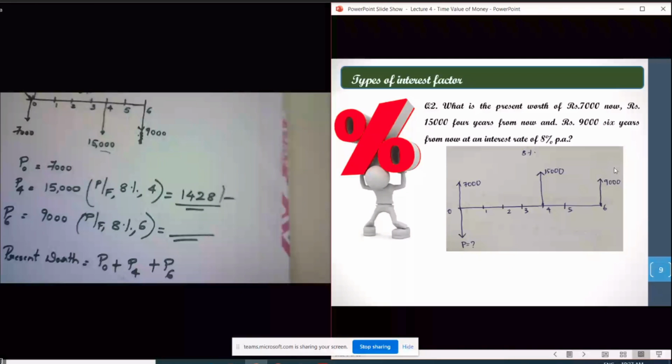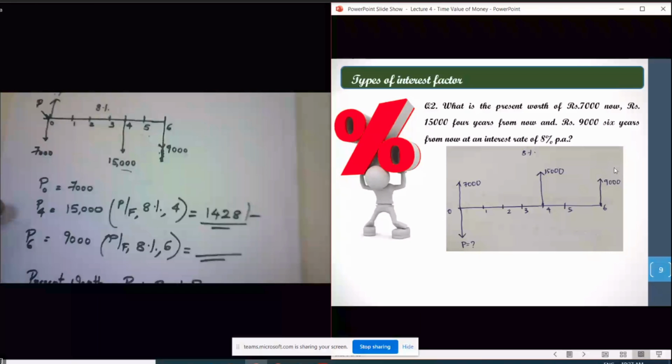So either you can go with an upward arrow or you can go with a downward arrow. But when you have both an upward arrow and a downward arrow in one cash flow diagram, that is nothing but the cost as well as the receipt, then you have to be very careful. So you're basically saying it's three separate investments in the same zeroth year. Yeah, I have drawn it as three separate investments. Here in the PPT, we have displayed it as three separate returns we will be getting from the investment which you are going to make now.